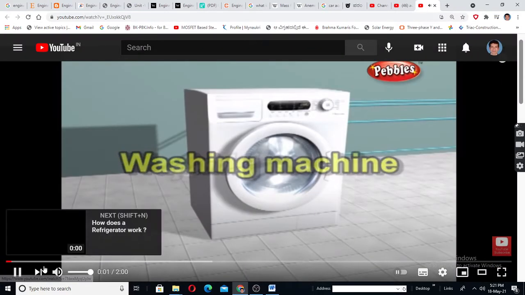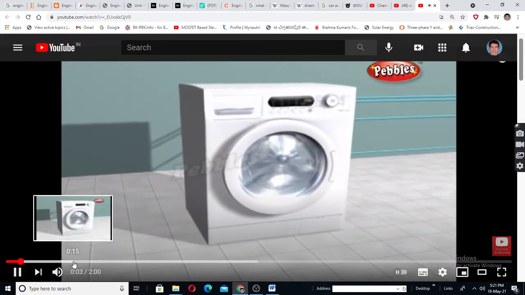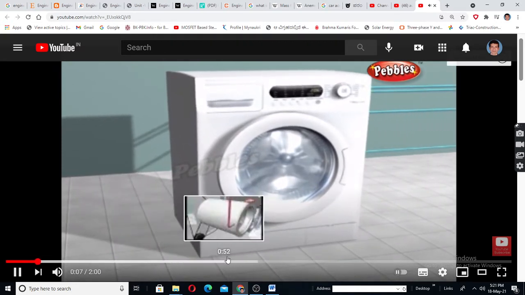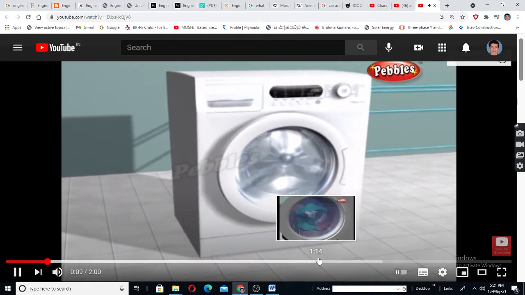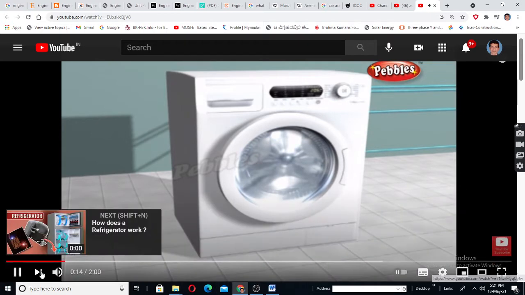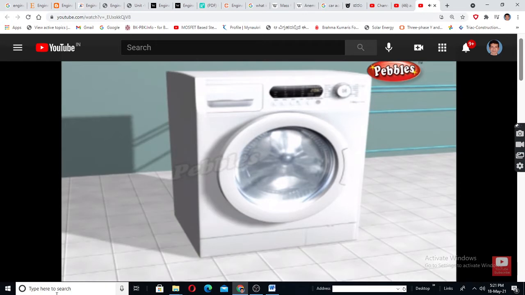A washing machine or washer is a machine designed to clean laundry, such as clothing, towels, and sheets. Hand operated washing machines appeared in the 1850s. The first modern machine was developed in 1910 by an American, Alva J. Fisher.